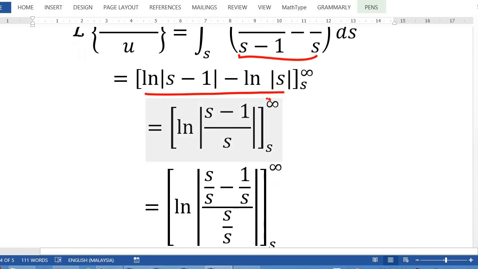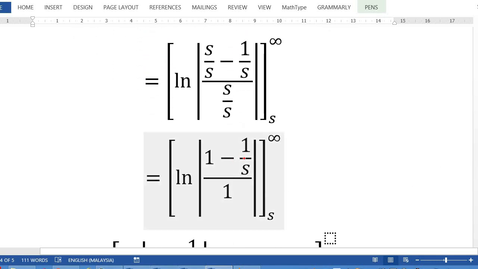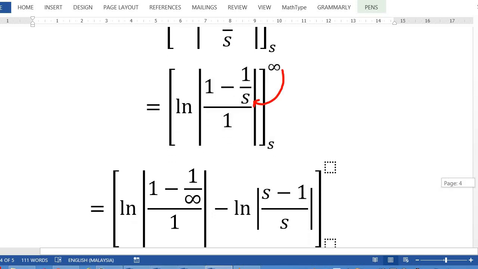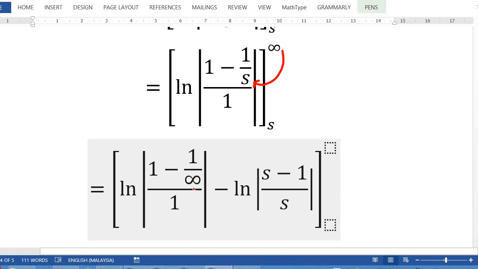Okay, if you plug in infinity, you may have a form of ln infinity over infinity. To make sure, we divide by the highest polynomial term, which is s to the power 1. So s over s minus 1 over s, denominator s over s. Simplify it, we have 1 minus 1 over s divided by 1. Now we plug in infinity into s. So you have 1 minus 1 over infinity over 1, minus with substitution of the lower limit here, where you